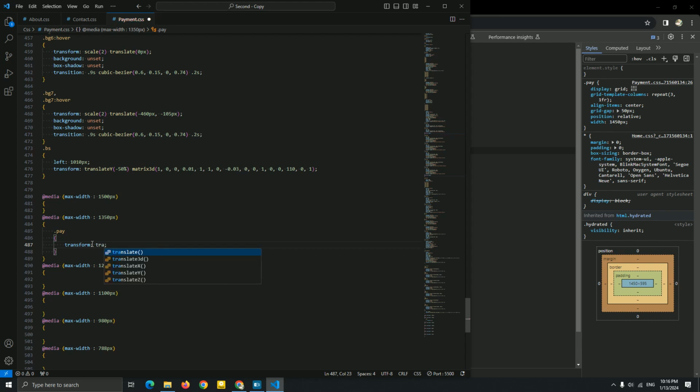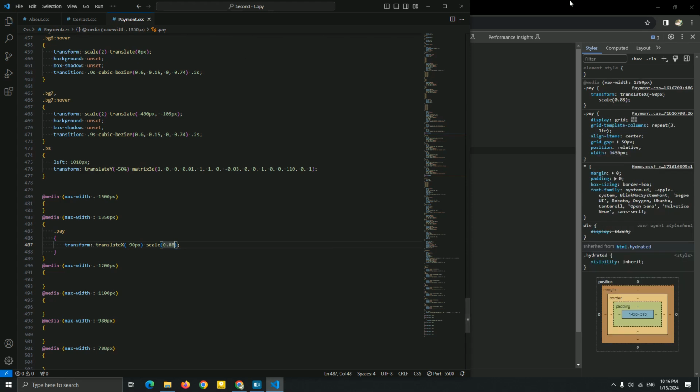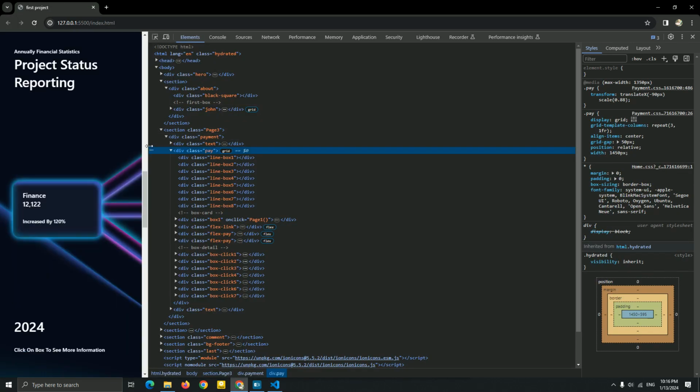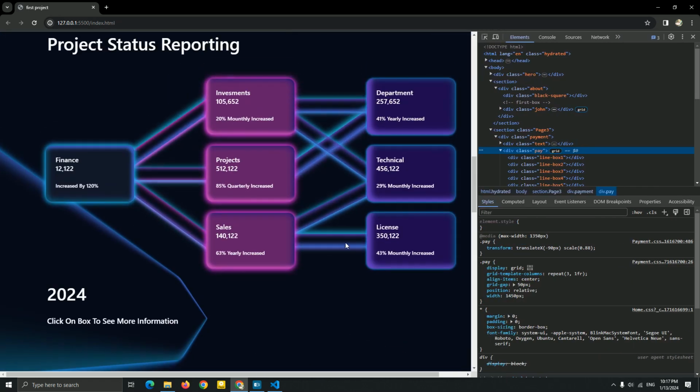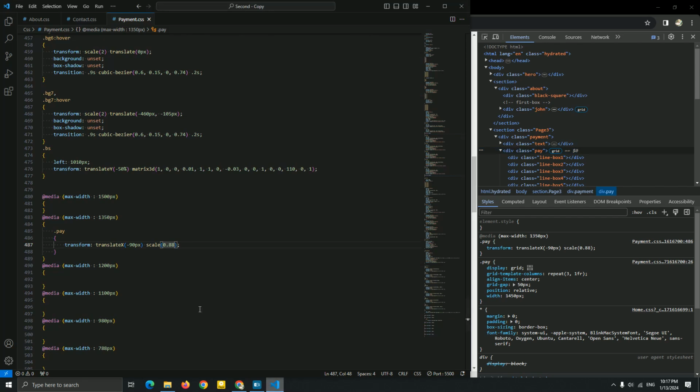Let me translate x minus 90 pixel. Okay, and now let me just add a scale 0.88. Let me see it right now. Now it doesn't show. Let me just, okay, you can see we just resize it. It's not that bad. Let's go to the next media.